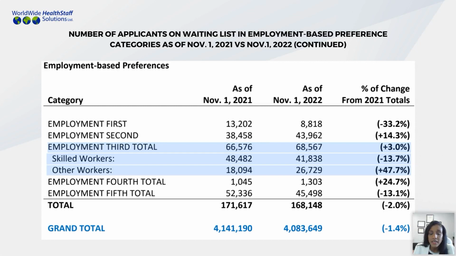This number is important because it includes all the employment-based categories. It also includes all the family-based petitions, and all these people, depending on where you live, have to still go